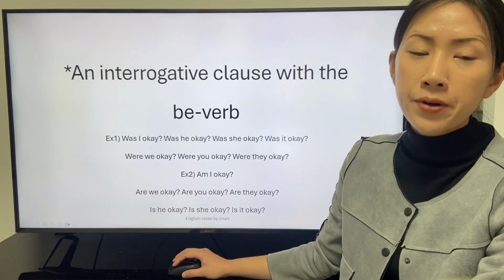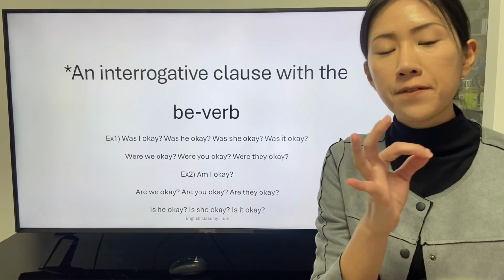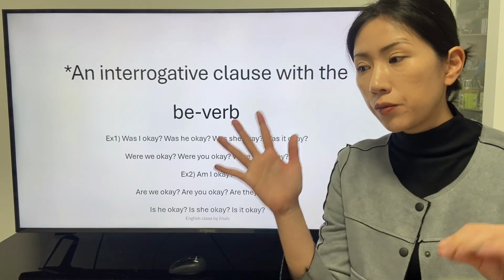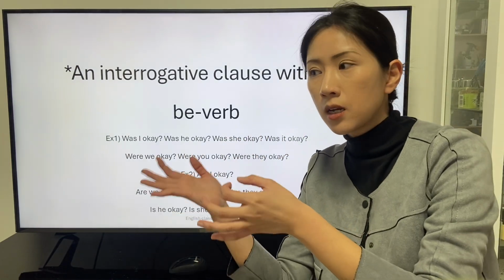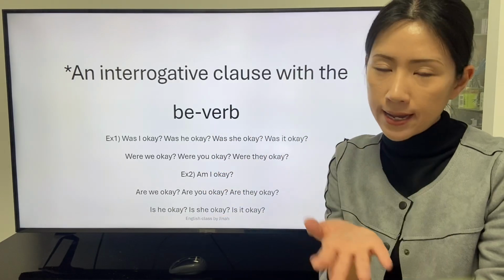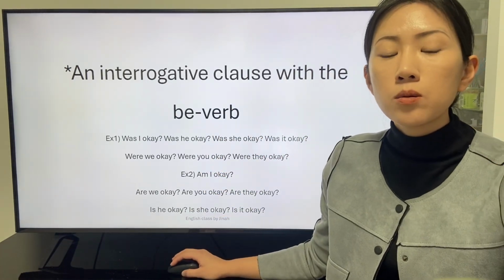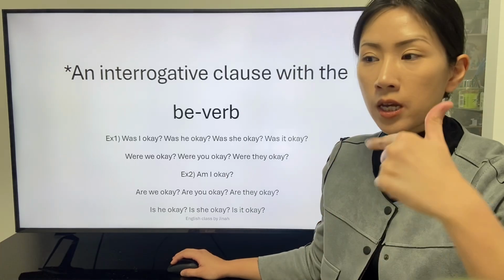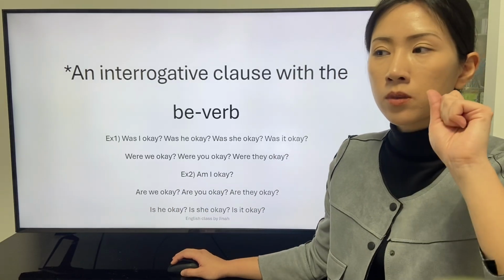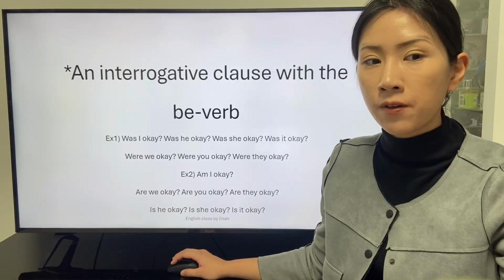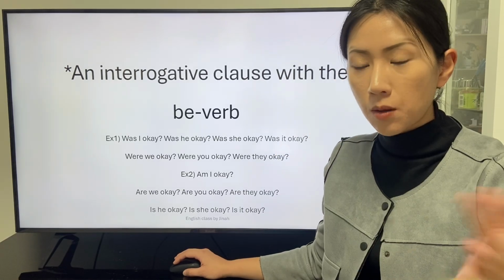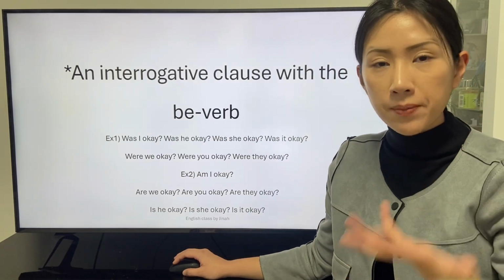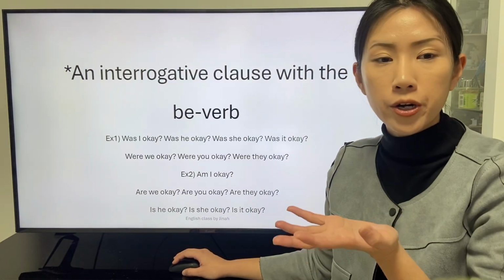There are exemplary clauses. The form of the be-verb, was or were, reveals the number of the subject existed in the past. So the speaker and the non-participant in the current conversation is described with the form of the be-verb was. The plural subject existed in the past are described with the form of the be-verb were.